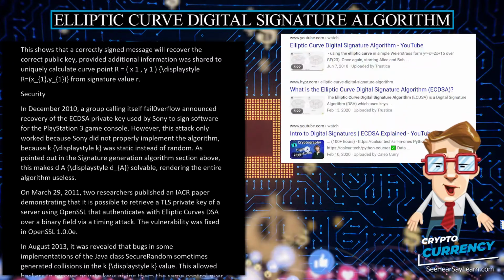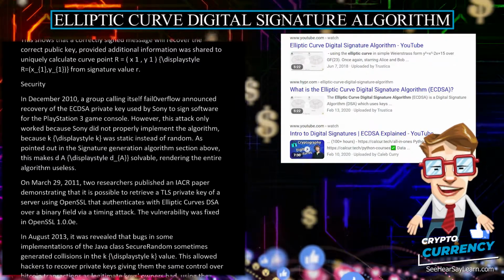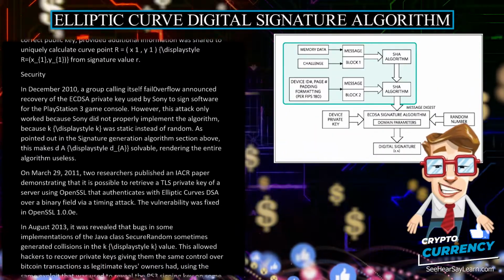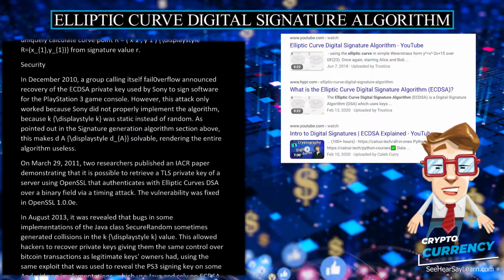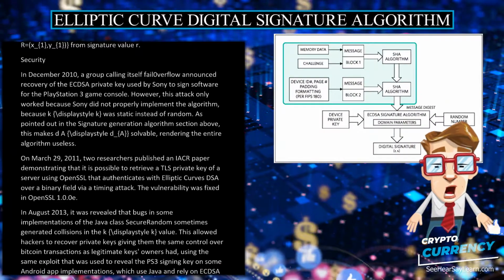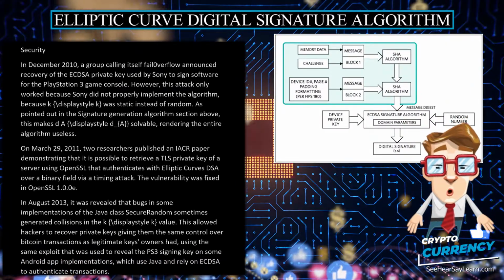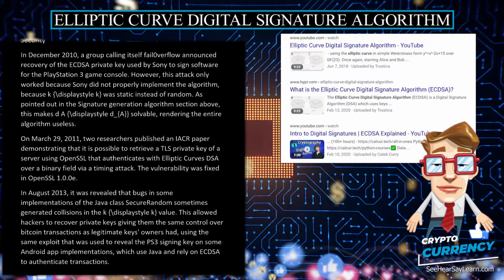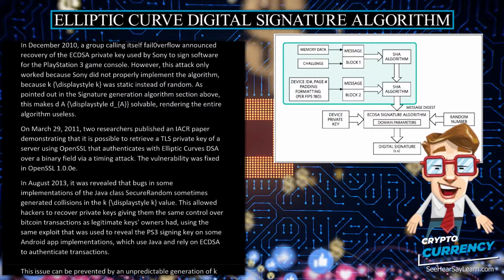On March 29, 2011, two researchers published an IACR paper demonstrating that it is possible to retrieve the private key of a server using OpenSSL that authenticates with elliptic curve DSA over a binary field via a timing attack. The vulnerability was fixed in OpenSSL 1.0.0e. In August 2013, it was revealed that bugs in some implementations of the Java class SecureRandom sometimes generated collisions in the k